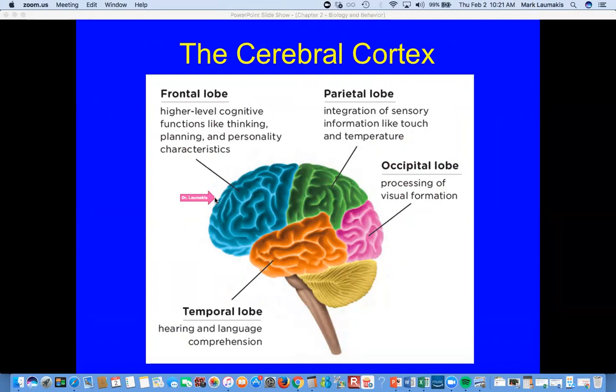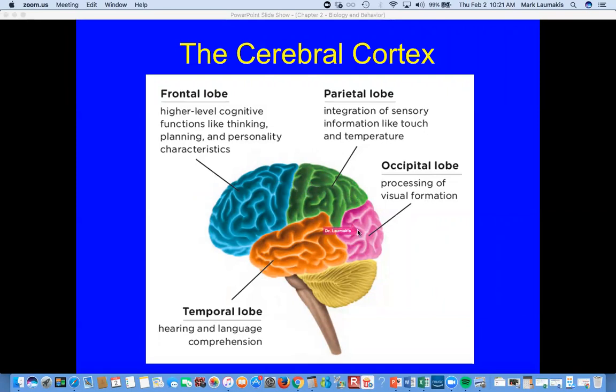We're going to spend the most time on the frontal lobe. Turns out that the frontal lobe, again, is the part of the cortex that is just gigantic in humans versus other species. We'll talk about the parietal lobe here. If you're moving from front to back, over the top of your head, this is the middle of the top of your head. We've got the parietal lobe.